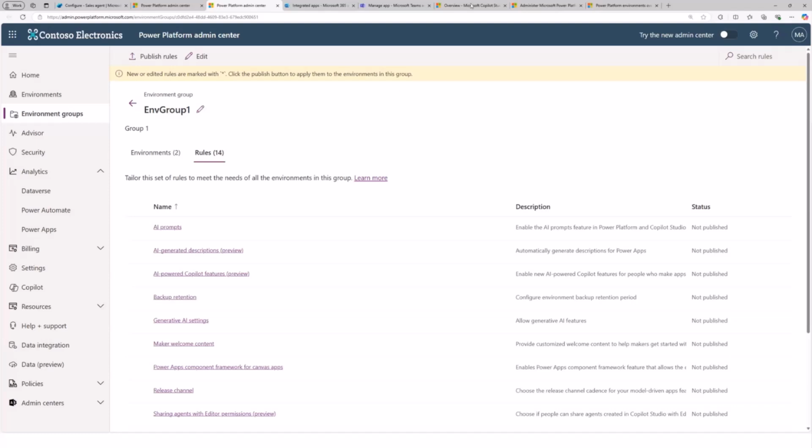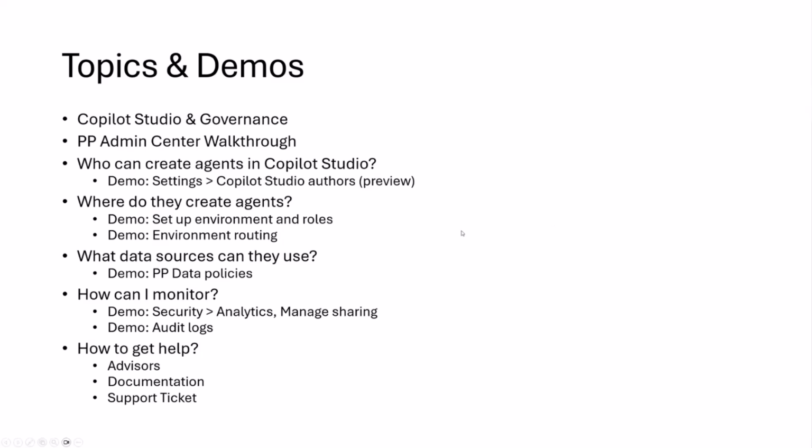All right, so that gives you an overview of the proactive controls that you can do in terms of who can do what, and then the approval that comes in between, and then the monitoring and the aspects of audits also there. So that brings us to most of the important topics for our session.